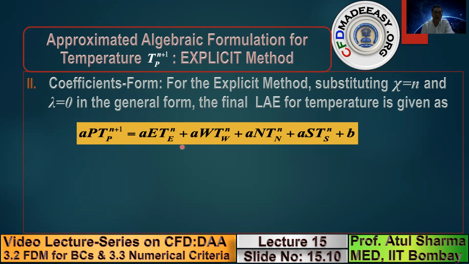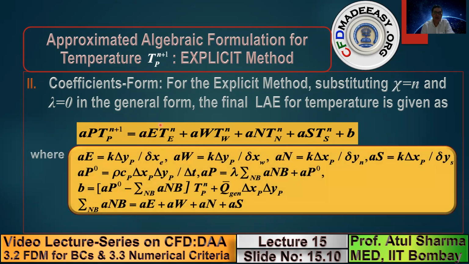Note that in this equation, there is only one temperature which has a superscript n plus 1. There is only one unknown, and all the other temperature values are known. Here we have the coefficients AE, AW, AN, AS, and there is a coefficient of TP^n also. This is the fifth value. In the previous slide, I showed you that the 5 values from the previous picture are east, west, north, south, and the same point value of the previous picture. So to calculate TP^(n+1), these are the 5 values: this is 1, 2, 3, 4, and this is the fifth value.